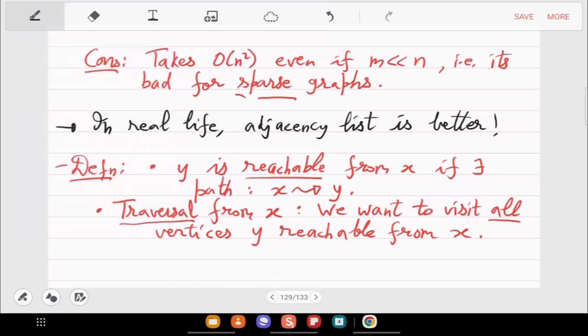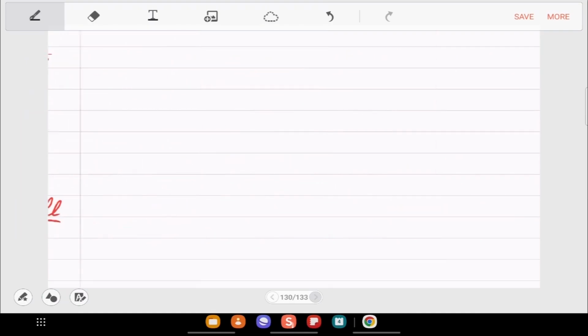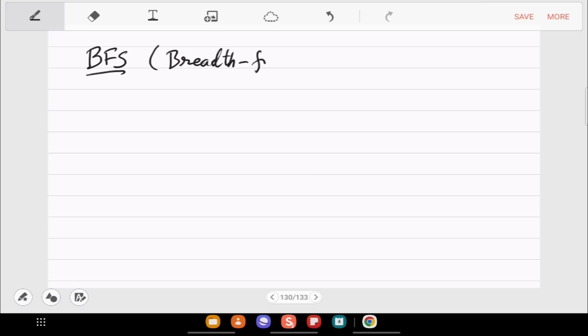Okay, so let's start with the first traversal algorithm, which is BFS. So this is breadth first search, or breadth first traversal.